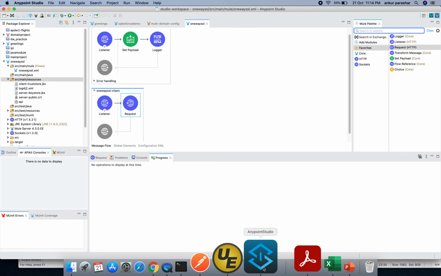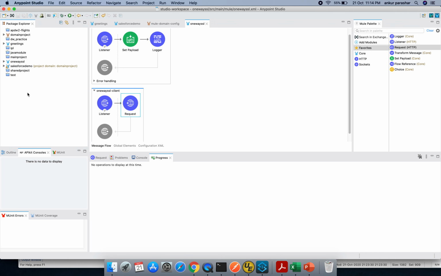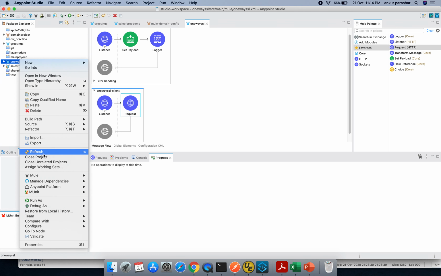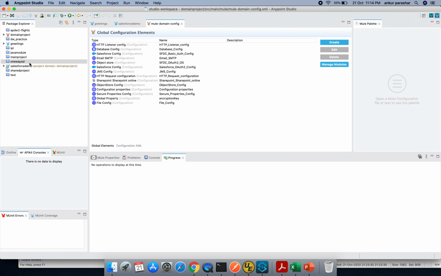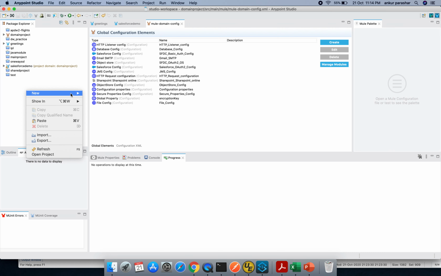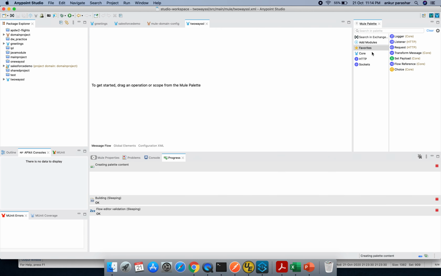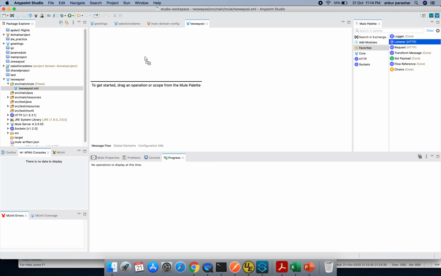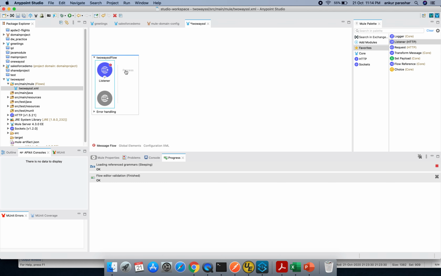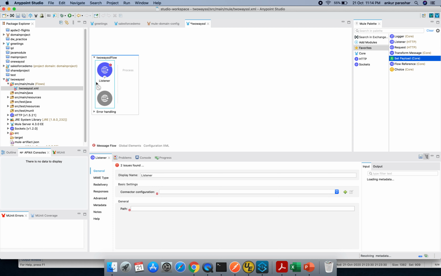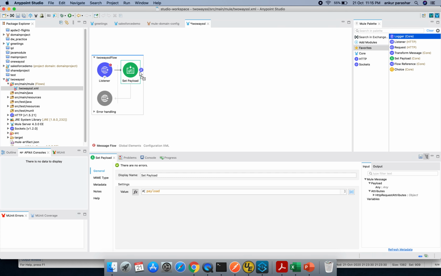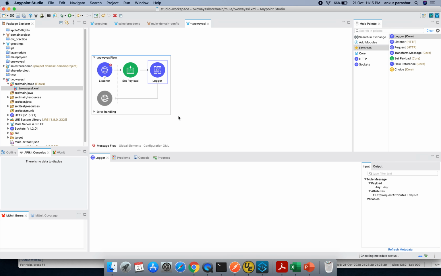Let's try to create one more project in the similar way we have created for one-way SSL. Let's close all the projects. I will create a new Mule project, maybe Two-Way Ssl. Hit enter. Let's quickly grab a listener, put a payload, and put a logger as well. Within the listener,